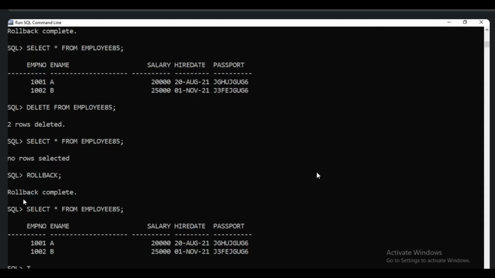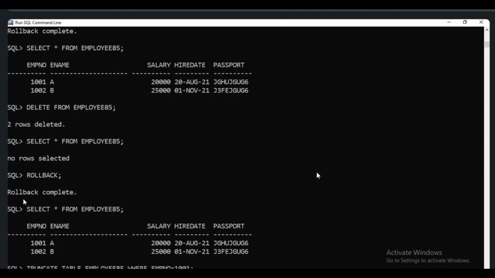Okay, so I am using truncate. With the truncate command we cannot use a where condition. Truncate table name. Let us try with a where condition. What happens? If I want to remove the entire records from the table, we can go with truncate. If I am using the truncate command, we cannot roll back, because truncate is a DDL command that directly interacts with the main database and directly removes from the main database.